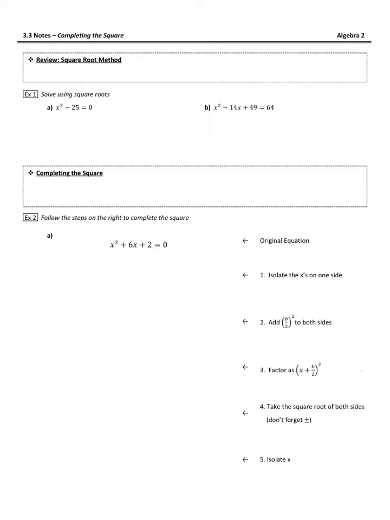We're going to start off with the second half of completing the square, which is after you've completed your square, you solve the equation by using the square root method. And this is something we talked about in the last section. So when you only have one squared term,